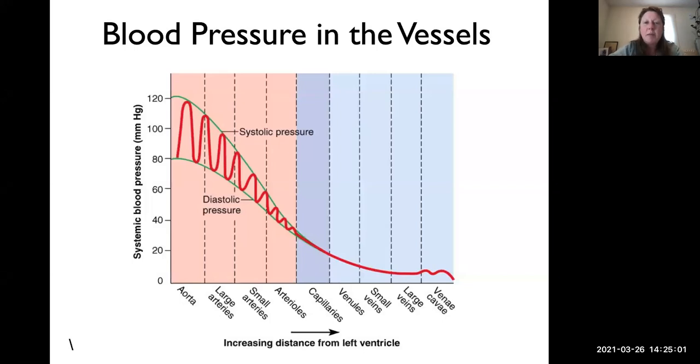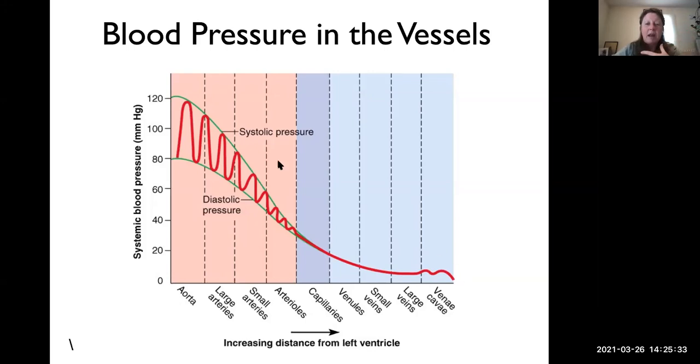Okay, let's talk about blood pressure. Blood pressure is the hydrostatic pressure, or the pushing pressure, caused by the fluid inside our vessels. All vessels have blood pressure. We looked at that before when we were talking about venous return, and we discussed the pressure gradient that keeps the blood moving from high to low pressure and therefore always in the same direction back to the heart.